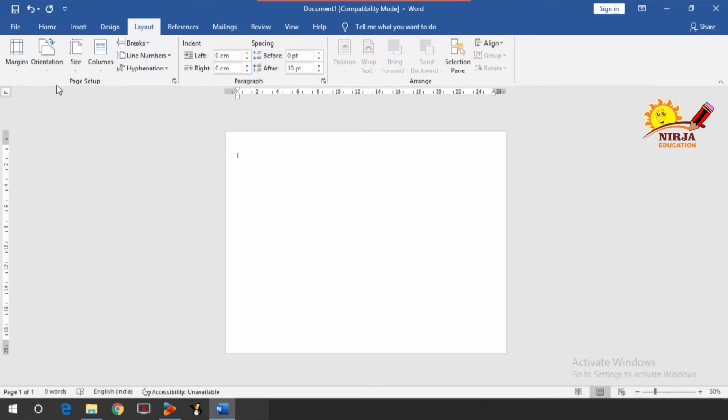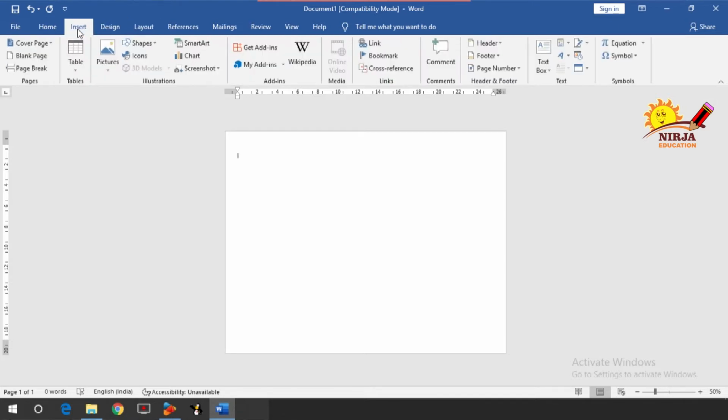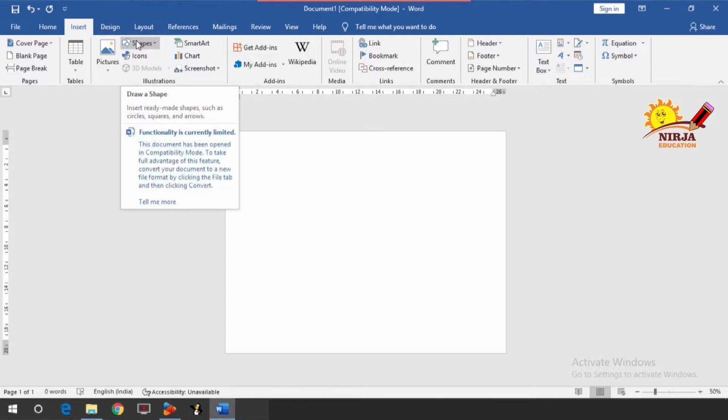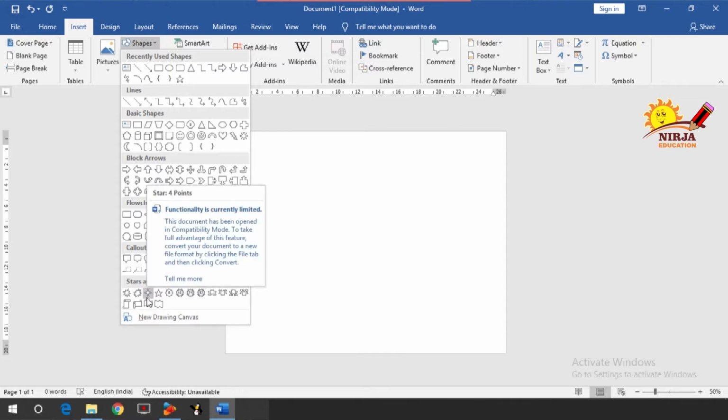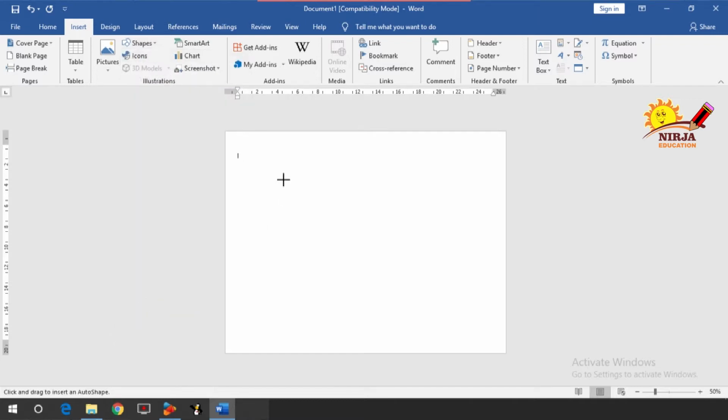Now click on the insert tab, click the shapes tool from the illustrations group and from that I am going to select the star which has 4 points. So click on that and then with the help of the shift button, how will you do it?